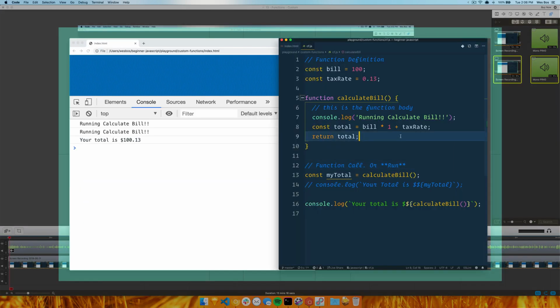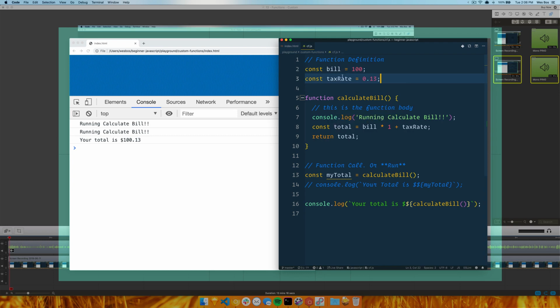So the reason we don't do this is because this function right here, calculate bill, is relying on what are called global variables. Now, we're going to go much more into scope and global variables and scoping variables to a function and these things called closures, which is kind of a nifty way to use variables. But for right now, what we need to know is that this is a function that needs some data. And when the function is not passed in data, it does this thing called reaching outside of the function in order to look up that data in a higher scope. Again, we'll go into scope more in a future video. So what we need to know right now is it's not great to reach outside of a function